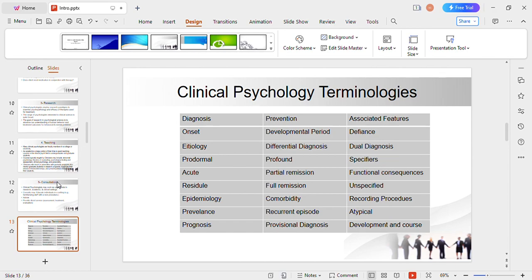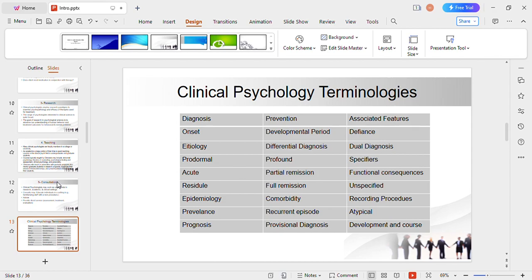The next point is differential diagnosis, and differential diagnosis represents how a disorder is different from another. It is very complicated to identify how a disorder is different from the other. What are the key features which make it different from a similar set of symptoms? The next terminology is profound, which is the intense stage of any disorder. Like if I'm saying he is at a profound stage, that means he is suffering from a severe, more than severe